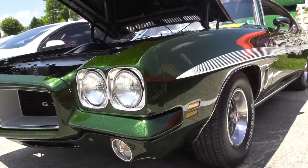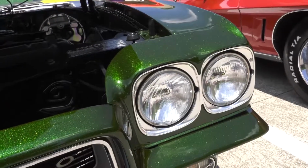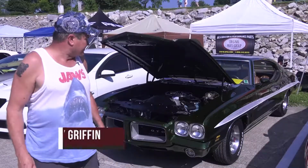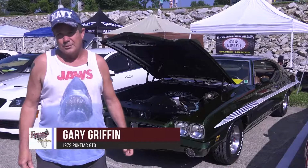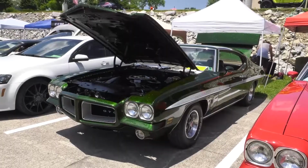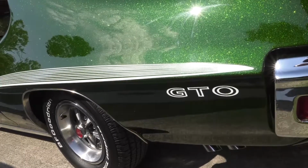This 1972 GTO underwent a full restoration when Gary Griffin and his brother received the car from their parents. It's a 400 4-barrel high output with Ram air. It'll move pretty good. We've only got about 100 miles on the new motor, so taking it easy right now,